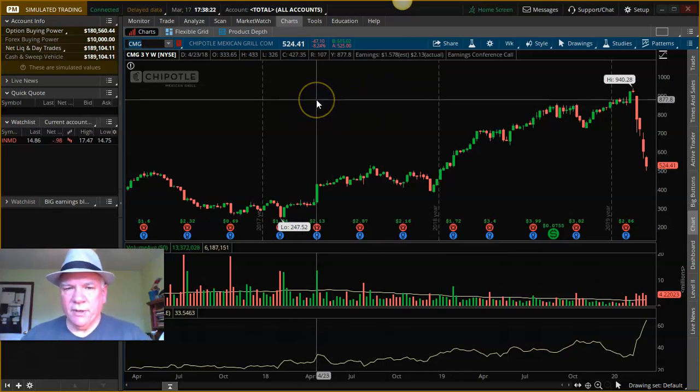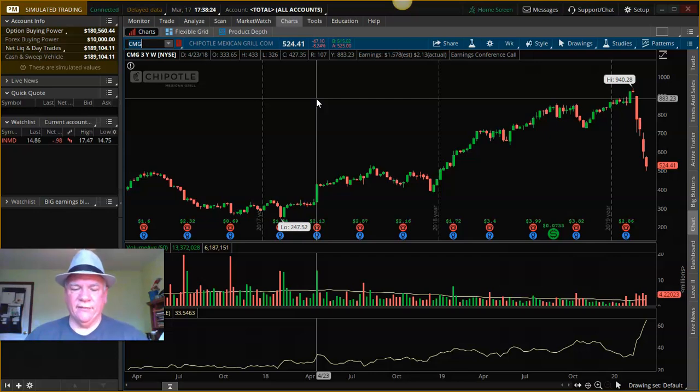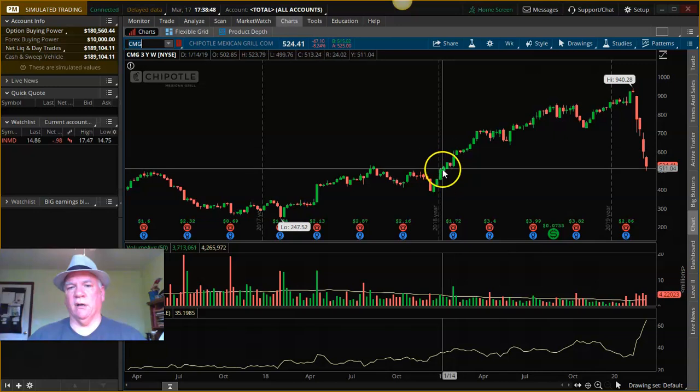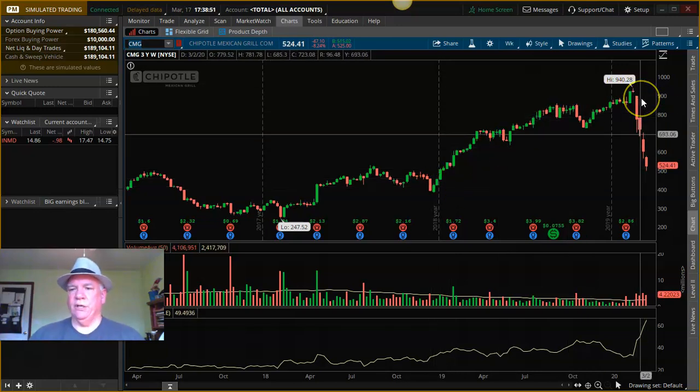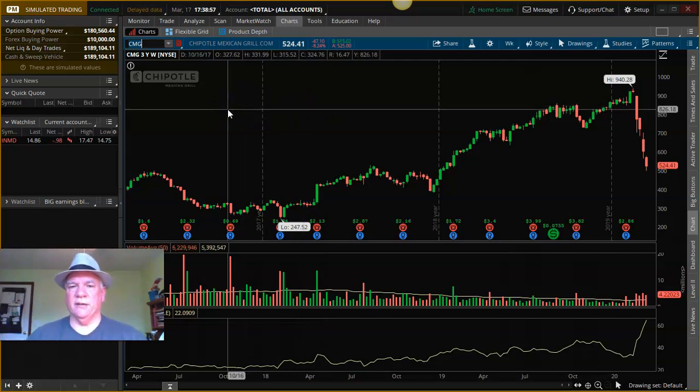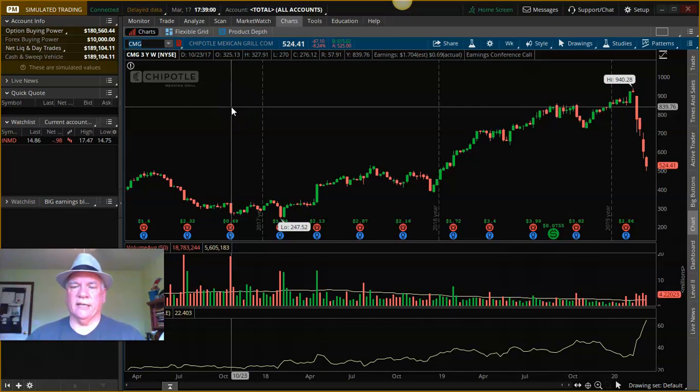So that is pretty much the difference between a dividend investor and a growth investor. Two different sets of rules. Okay, so if somebody's talking about investing and you hear them say stay in it, it depends on what kind of investor they are. If they're a dividend investor wanting to collect dividends, sure, stay in it. Stay in this market right here where we're at. I would stay right in, get more stock. But if you're a growth investor, you need to be out here, okay? That's pretty much the video that I wanted to tell you about. Alrighty, y'all have a nice day, and I will talk to you later.